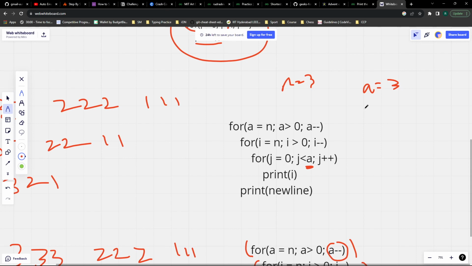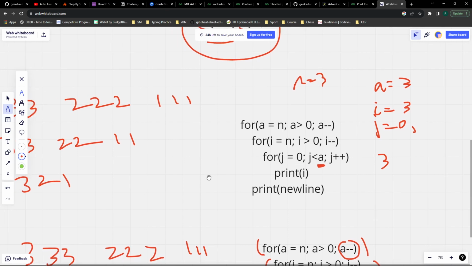In this loop, I is initialized as 3. It's greater than 0, correct. Then we'll go to the innermost loop, where j is initialized as 0. It is checked if it's smaller than a, which is basically 3 for now. So that is correct. So we'll print the value that the variable I is holding. So here it is 3. It will print that,